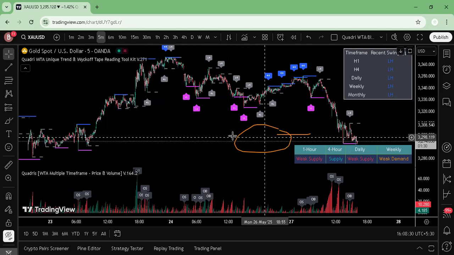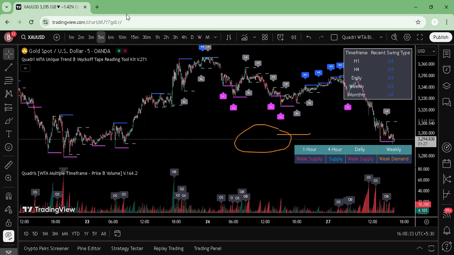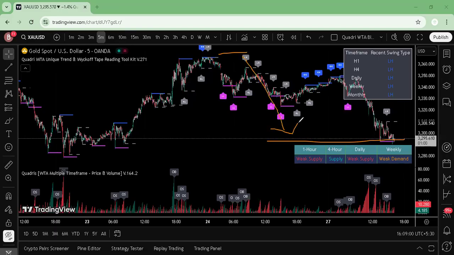I think this was the second time I shared this level with XAUUSD traders. Whenever I come up with a level, there are two ways to trade with it. First, if price is away from this level, there is a probability that price would get attracted towards it. And if the price is trading at this level, there is a probability that it would be repelled away from it.